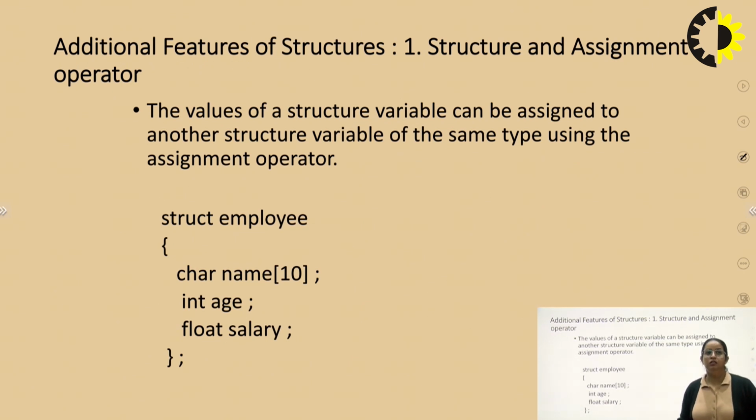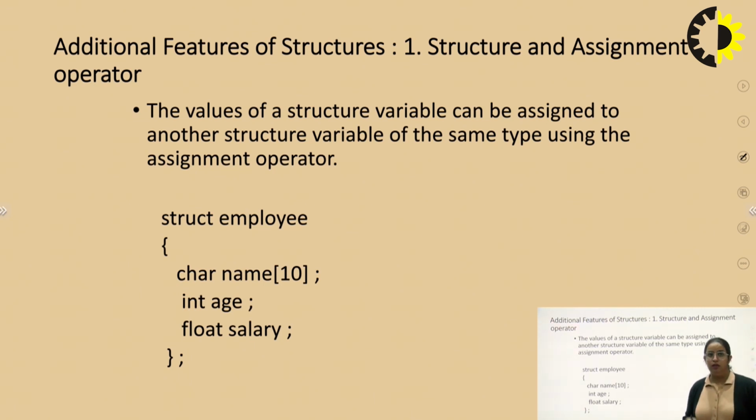In a structure, we basically have some features. The first one is structure and the assignment operator. As I have already told, the value of a structure variable can be assigned to another structure variable of the same type using the assignment operator.